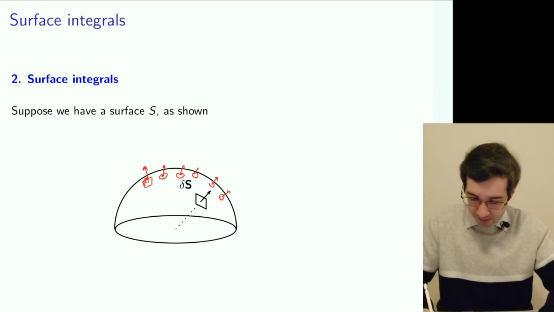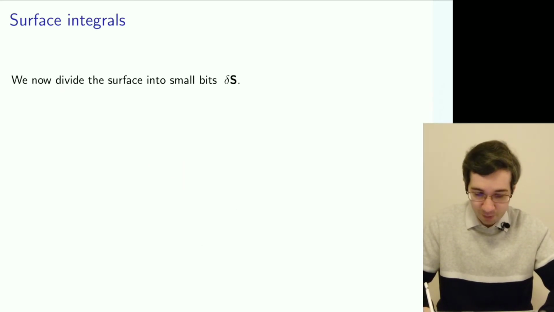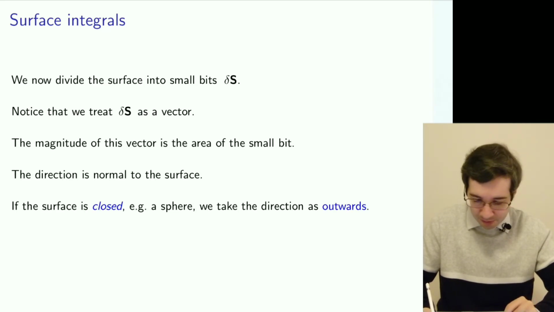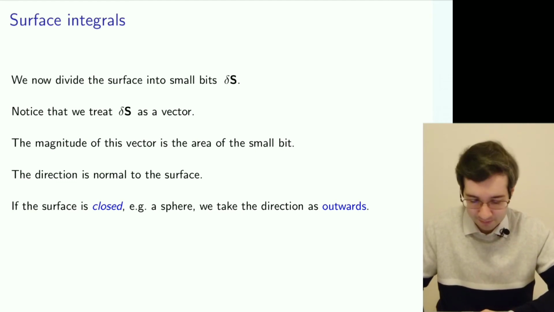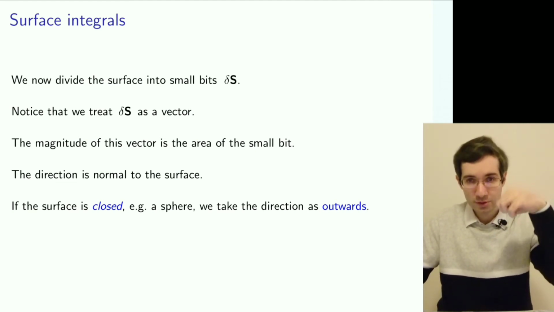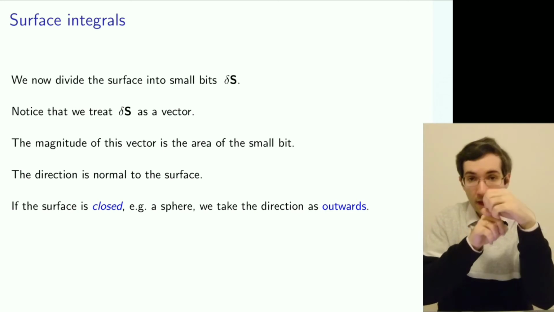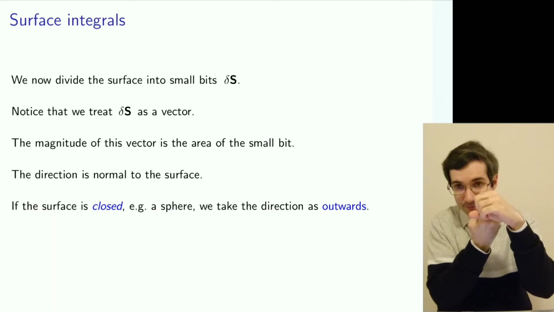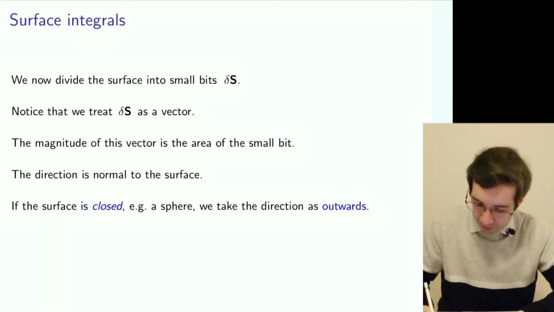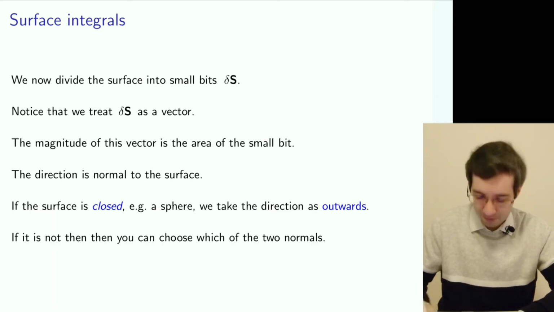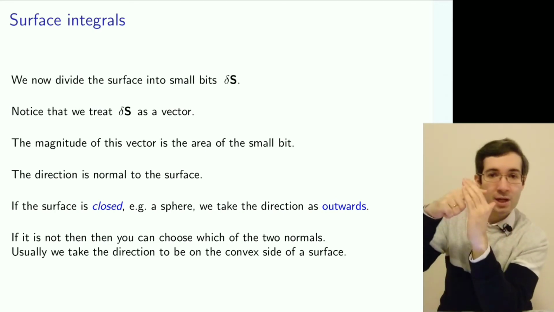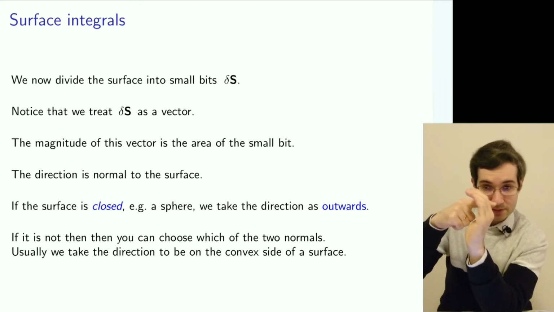And how do we define this orientation? Well, there are multiple ways, but the most conventional one is to take a direction normal to the surface. If the surface is closed, like a sphere, you take a vector protruding normally outwards of the surface. If the surface is not closed, then you normally take a direction which still looks outside the convex side of your surface.